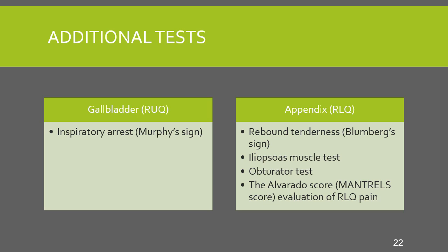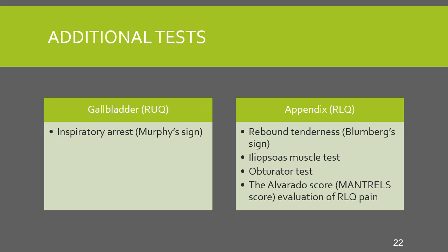Some additional tests that we do. If we're concerned that somebody has right upper quadrant pain that radiates through to their back, just underneath their scapula on the same side, it gets worse after eating, it's sharp, maybe radiates up into the chest. A lot of times people come in with this chest pain, but when you have them point to it, it's more like epigastric, almost right upper quadrant pain. You can do a test which is called the Murphy's sign or Murphy's test to see if they have what's